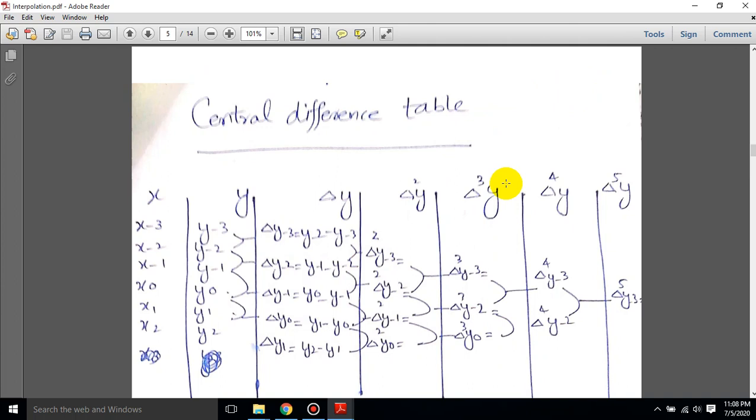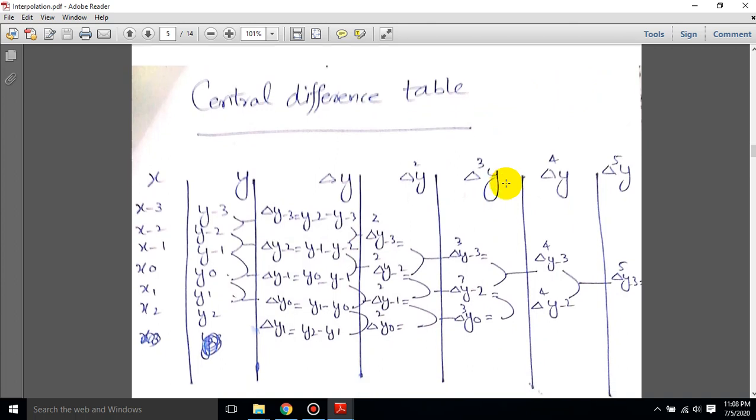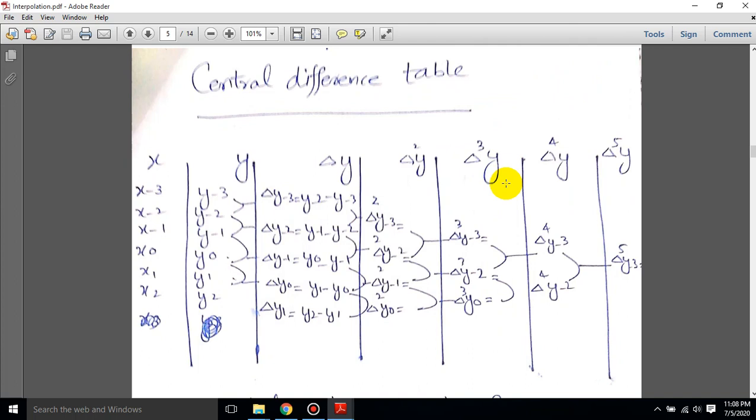So as far as this table is concerned, for example, from the given set of data you have the values of x, and according to these values we have the values that are going to define the function f of x. And you know from our previous definition that we are representing f of x as y as well. So looking at this, you know about this operator as well. This is the forward difference operator.